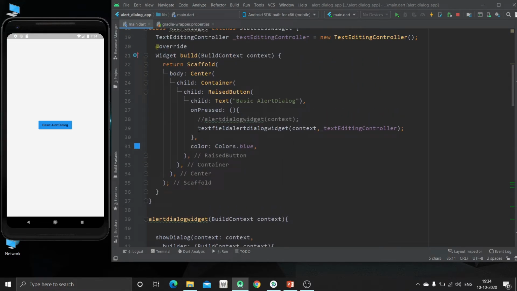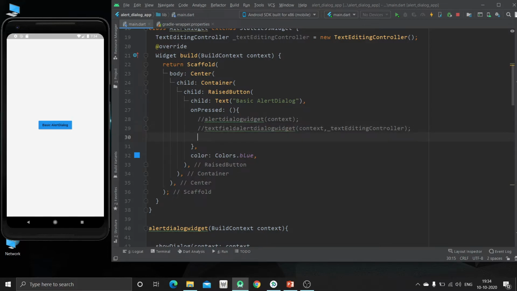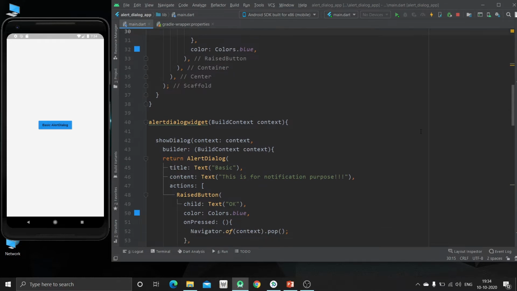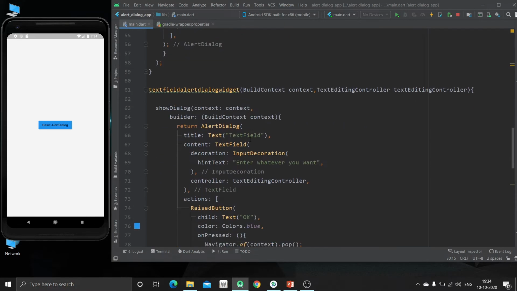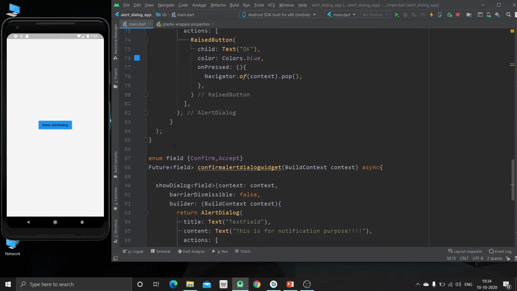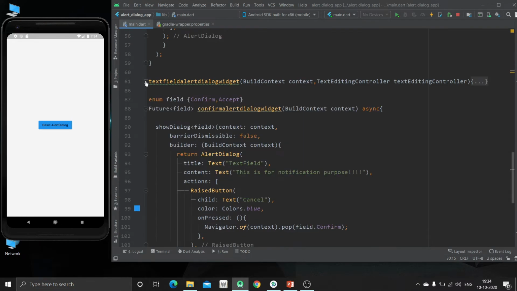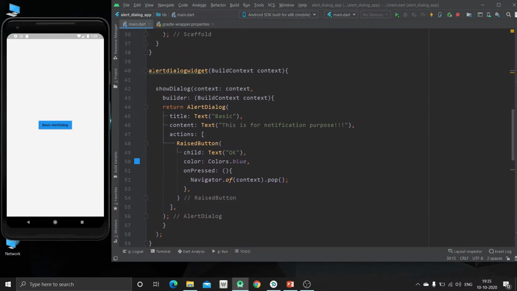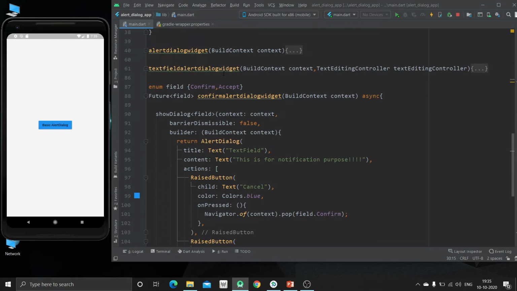Now how to call this inside our main method? First of all, just make it a comment. The third one, we are not going to use it, so just wrap it.